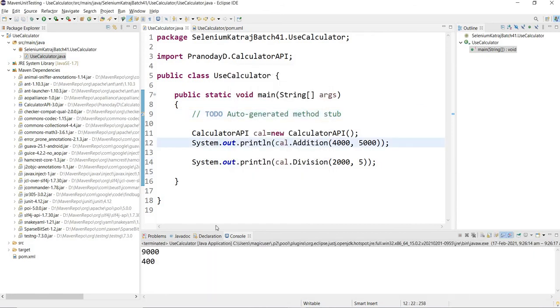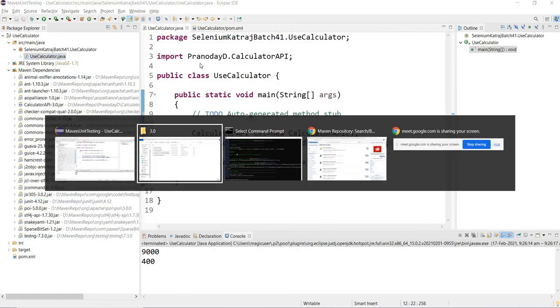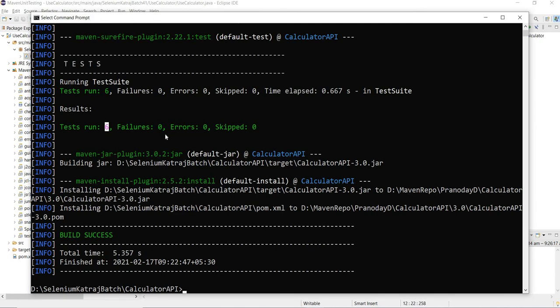So this is how the user project will make use of Maven. The user project is mentioning the dependency of our library, the library's version and identification, in the POM XML of the user project. And the library developer is automating the whole release life cycle using Maven.